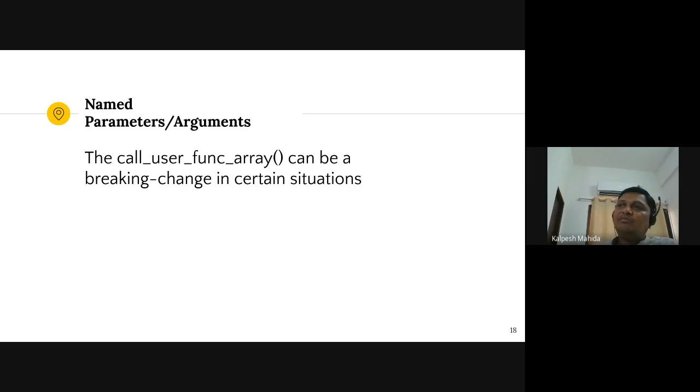The backward compatibility: if we have a legacy application, and if we are going to upgrade it to PHP 8, we need to have a look at this function called user func array, if our application is using this, because in some situations this could be a breaking change. For example,